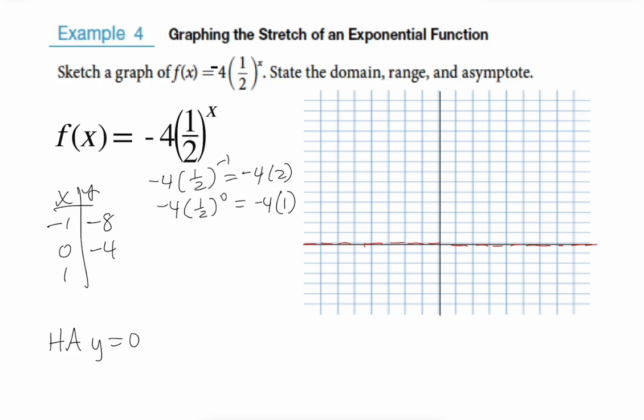And then if we plug in 1, we get 1/2 to the first, which is 1/2. So that's just negative 4 times a half. Half of negative 4 is negative 2. So now we got some really nice points. So at negative 1,